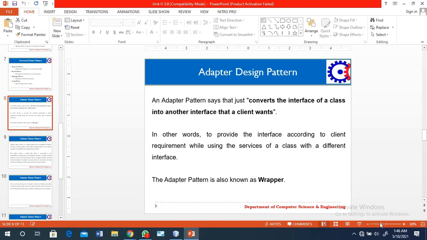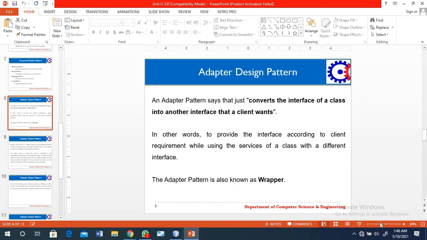The adapter design pattern is defined as converting the interface of a class into another interface that the client wants. That is the main concept of the adapter design pattern. We are connecting two incompatible interfaces, so that those interfaces can easily communicate with each other. So we can say that the adapter design pattern works as a bridge between two incompatible interfaces. This type of design pattern comes under structural design patterns. The pattern combines the capability of two independent interfaces.